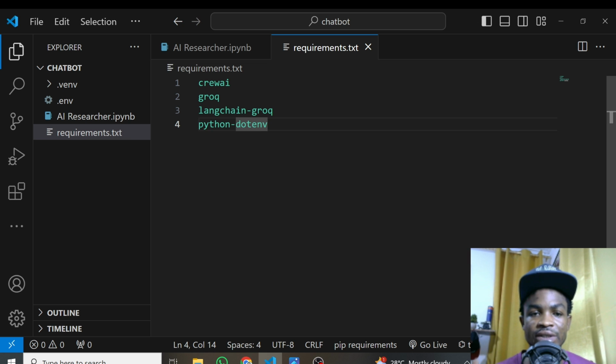Alrighty, so before we get started, let's look at the files and everything we need in order to complete this particular tutorial. The first thing we'll look at is the requirements.txt. What libraries do we need in order to complete this tutorial? In the requirements.txt file, we'll be installing CrewAI, and this CrewAI will help us to implement AI agents